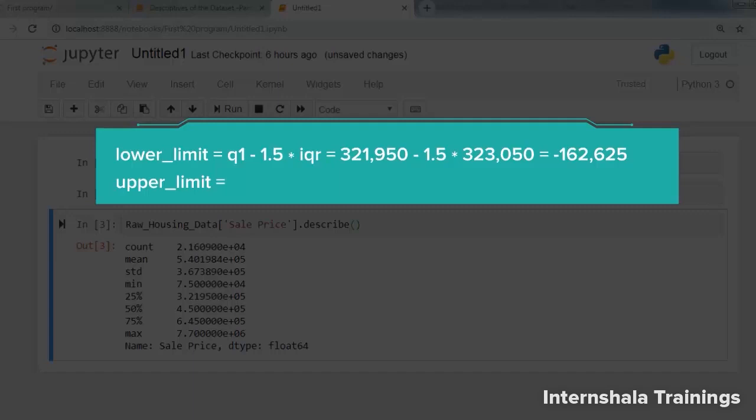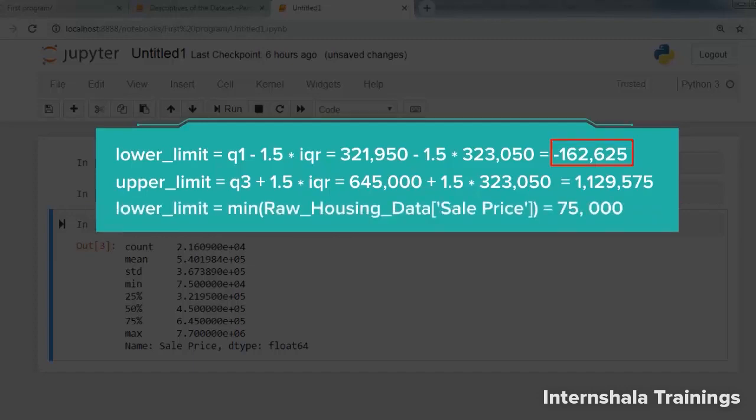Upper limit is equal to Q3 plus 1.5 into IQR, which is 645,000 plus 1.5 into 323,050, equal to 1,129,575. Now we see that the lower limit comes out to be lower than the minimum value, and since we would not have any data point in our dataset lower than the minimum value,